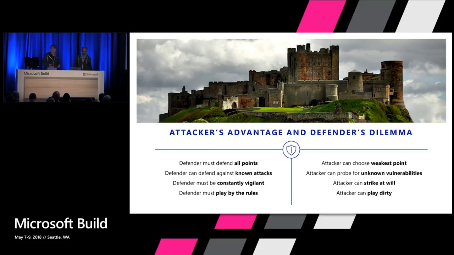The second point is against known attacks. So castles were real secure until the age of gunpowder, right? And then they became a lot less secure. And so this is really around new security vulnerabilities are found on a frequent basis. What that really means is that security is a continuous process. It's not a one-stop shop and I'm done. I can't write an app, put it on the shelf for 10 years, and then take it off and think that it's secure, because it's not. It rots on the vine.